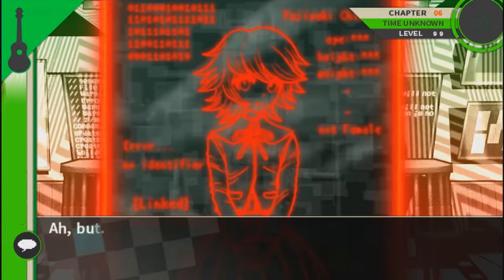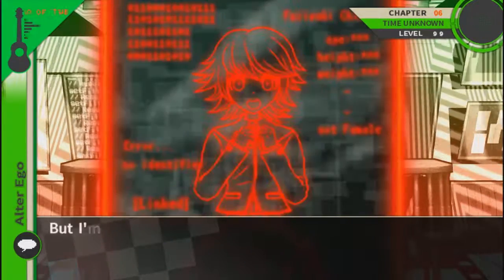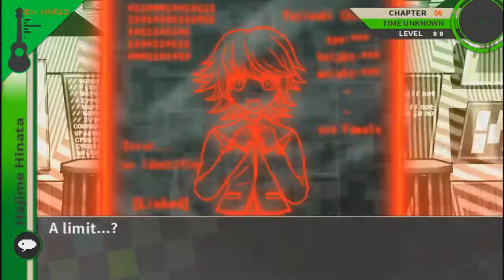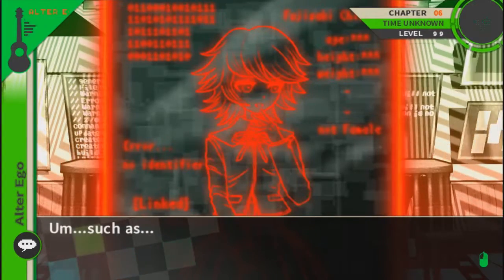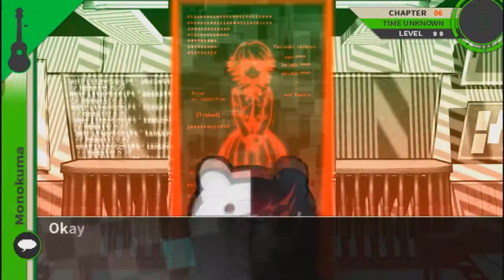Neo-World program. But it's true that the virus is powerful and that I'm completely overwhelmed by it. But I'm still able to defend the essential areas. So there's a limit too. A limit? If it took over an observer, then it has to follow the rules of an observer. Such as, in order to end the program and release everyone, I need to follow the correct procedure and...